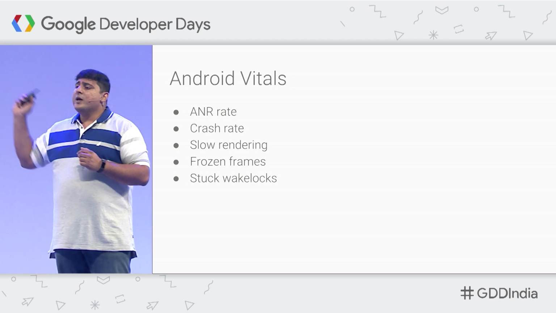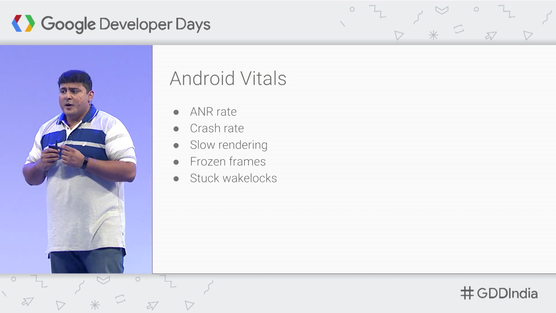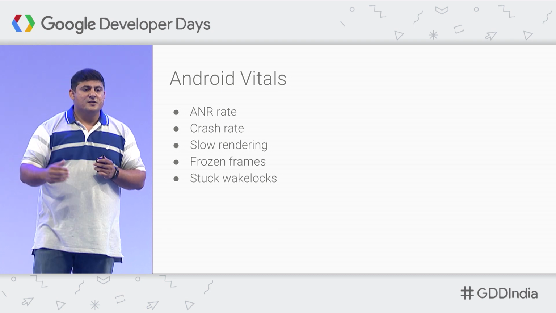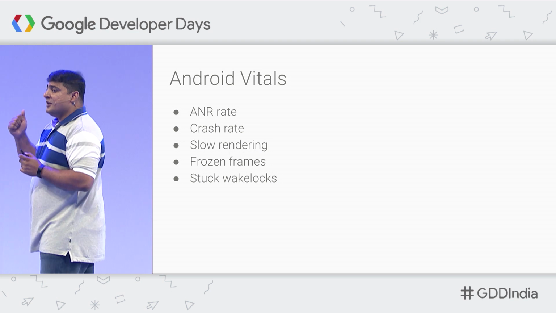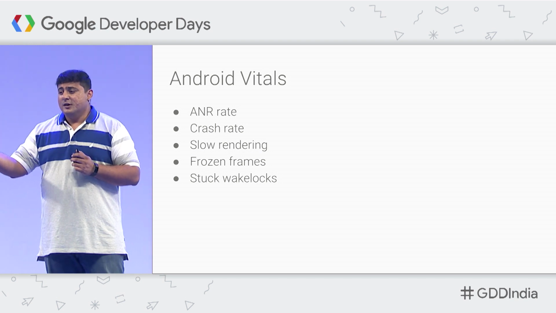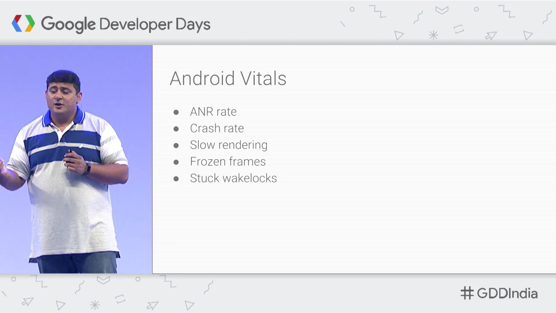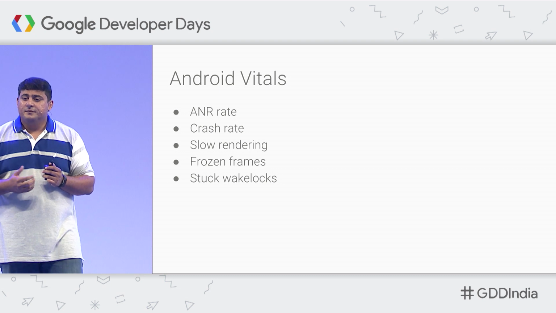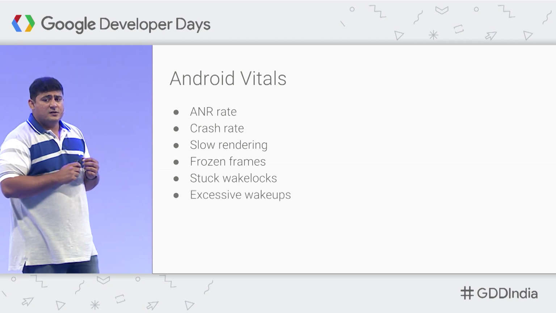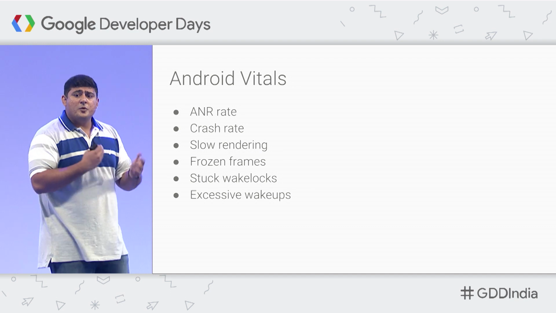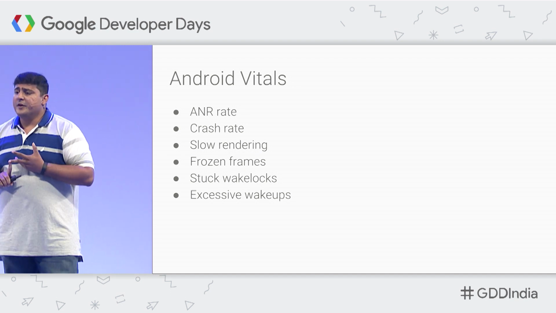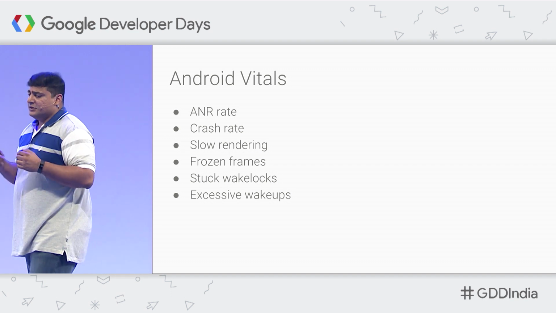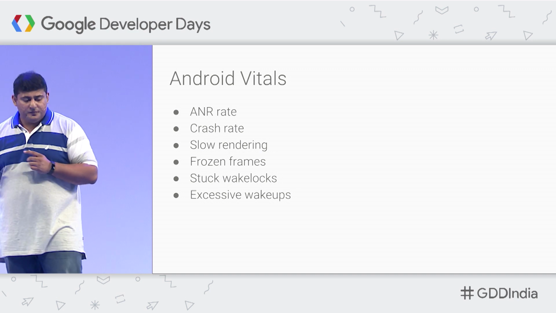There are more things like stuck wake locks. You might not recognize them. There might be coding errors or things that you missed in your testing which have stuck wake locks, which is going to make sure that the CPU doesn't shut down or the screen doesn't shut down, and at the end, increase the battery usage of your app. Or excessive wake-ups. Is your app in the real world waking up too many times because of external signals, push notifications, or just because there are too many alarms on it? Any of these things, background processes, all waking up your app too many times.